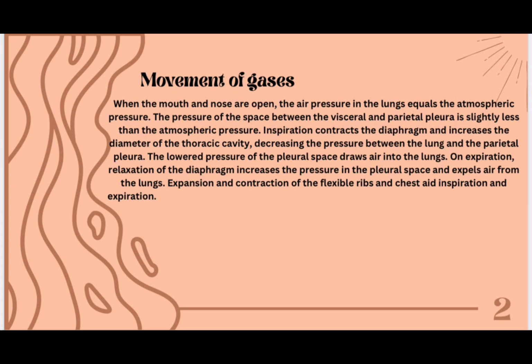Inspiration contracts the diaphragm, increasing the diameter of the thoracic cavity and decreasing the pressure between the lungs and the parietal pleura. The lower pressure of the pleural space draws air into the lungs. On expiration, relaxation of the diaphragm increases pressure in the pleural space and expels air from the lungs. Expansion and contraction of the flexible ribs and chest aid